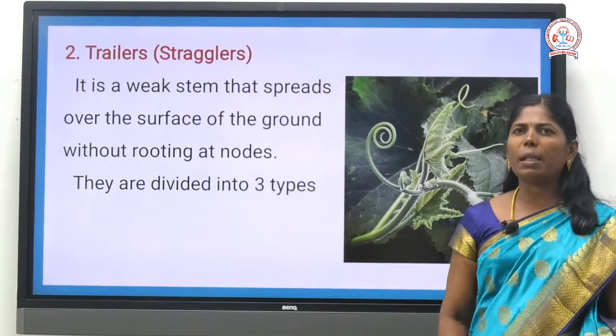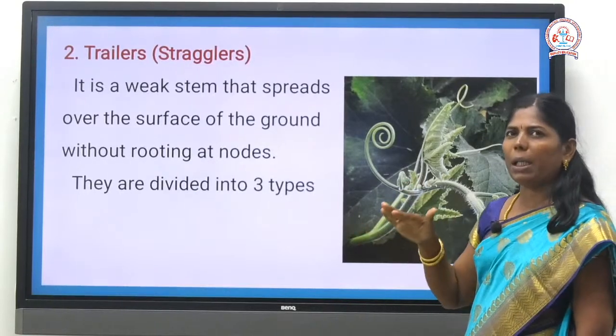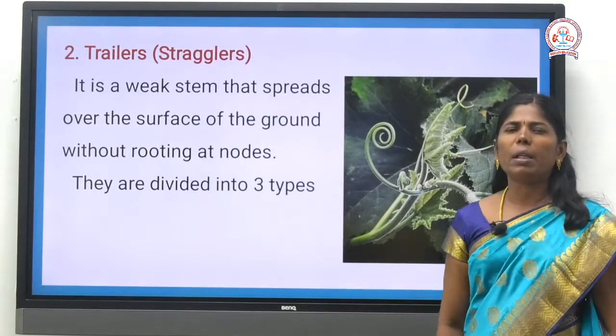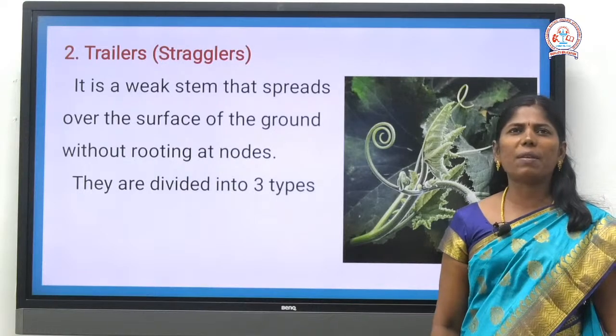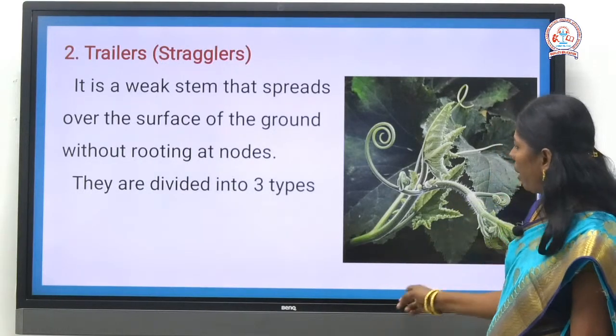Okay? So roots do not form anywhere there. Roots do not form from the nodes. It just spreads like that. Okay? They are divided into 3 types. This weak stem is divided into 3 types. So number 1 is